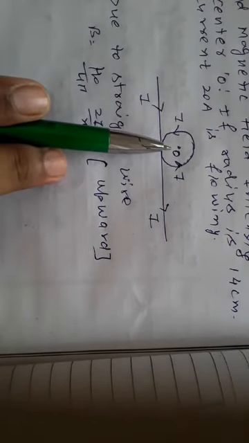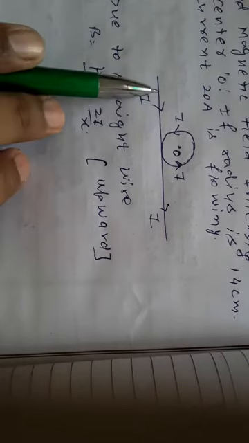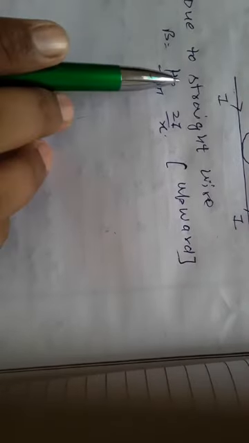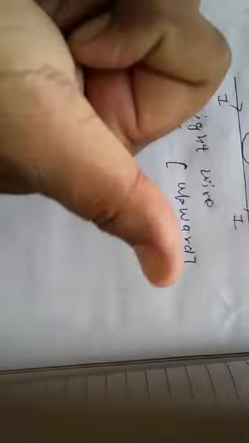First we will find the magnetic field intensity at the point O due to the straight wire. For the straight wire, the relation for the magnetic field is B is equal to mu naught upon 4 pi 2 I upon x. You can see here current is flowing in this direction. Now curl the fingers, the direction is upward, so the direction of magnetic field will be upward.